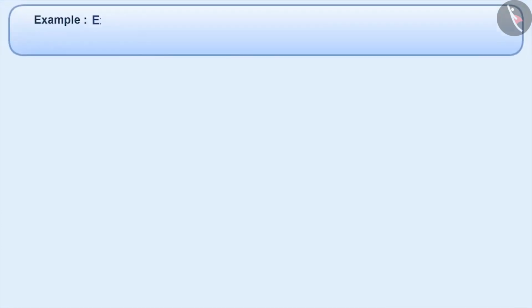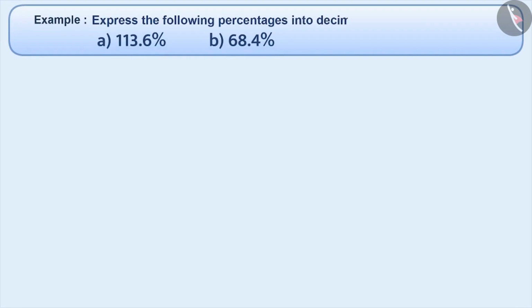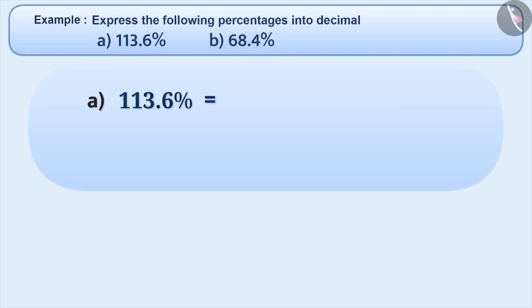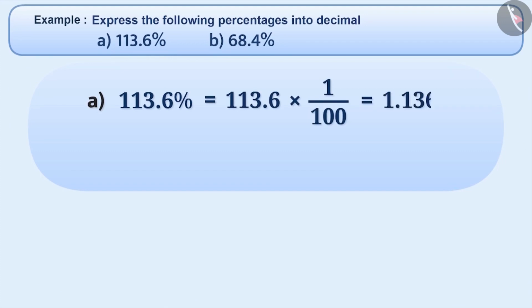Next example. Express the following percentages into decimals. 113.6% is equal to 113.6 into 1 by 100, which is equal to 1.136. To express a percentage into decimal, we will move the decimal point 2 positions towards the left. In 113.6, after moving the decimal point 2 positions towards the left, we get the decimal form